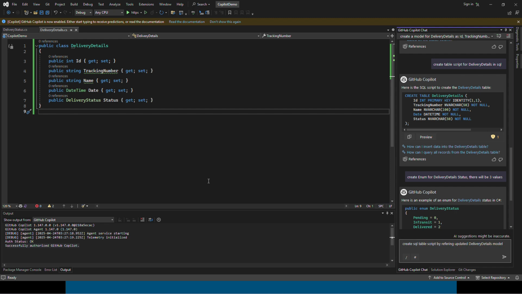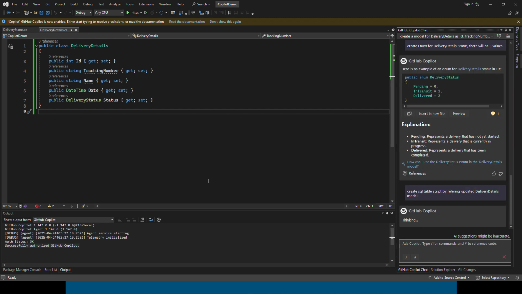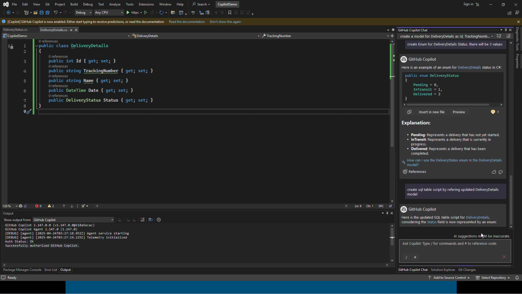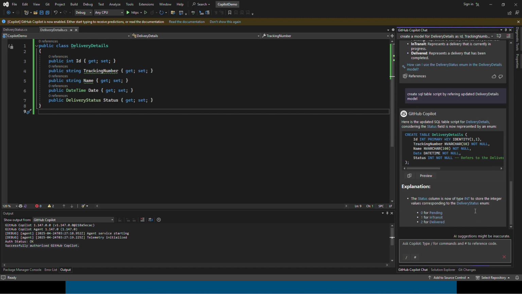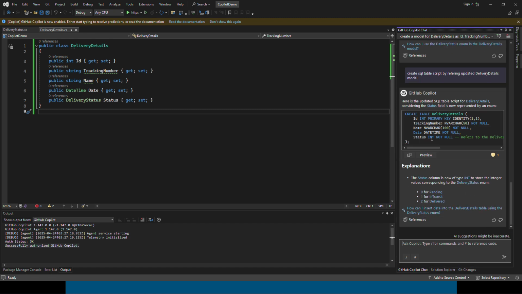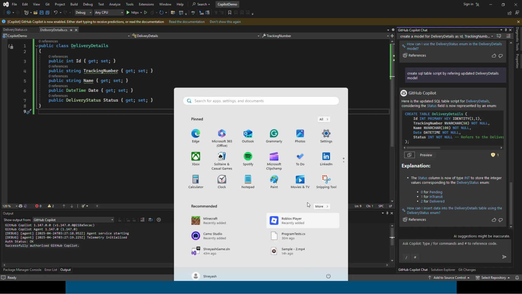Create SQL table script. Okay, let's see this time. Okay, this time he has created it as an integer. Okay, fine, that's what we want it to be. So let's copy this and go to the